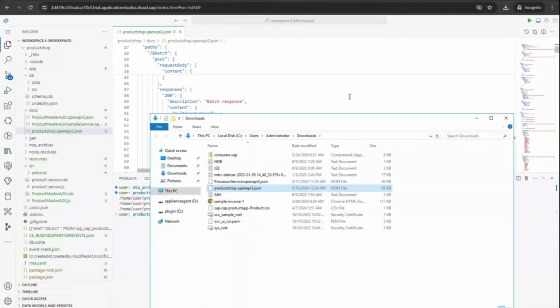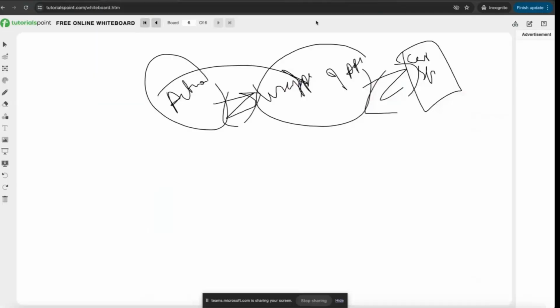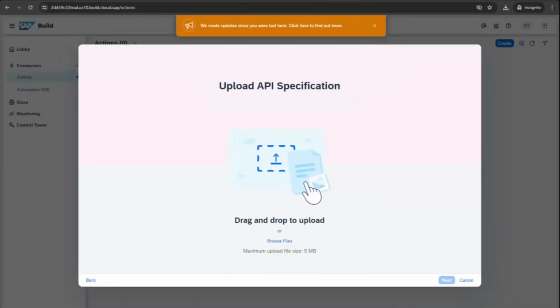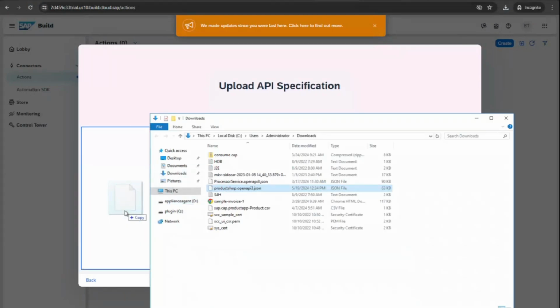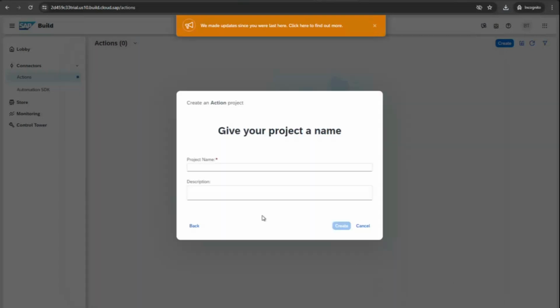I will come to this lobby and put it here, and directly I will drag this file here. Okay, product shop.api 3.0. I will click on next, and you will see the magic. It will ask for my, so I will say product shop cap, or I can write cap application. I will say create,